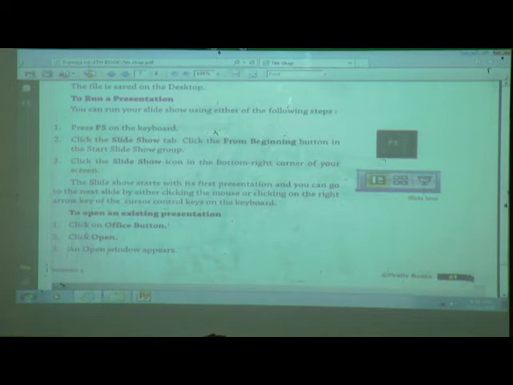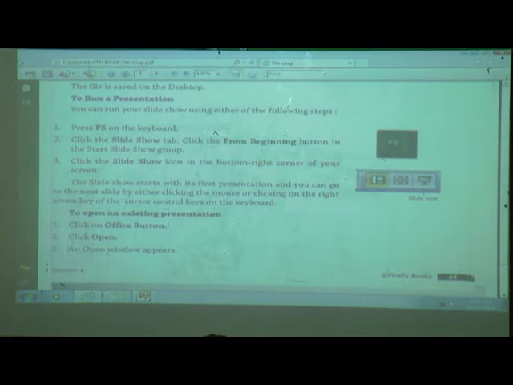Now the slideshow starts with the first slide, and you can go to the next slide either by clicking the mouse or by clicking the right arrow key of the cursor control keys on the keyboard. By using the right arrow key you can take the next slide, and by using the mouse also we can take our next slide.